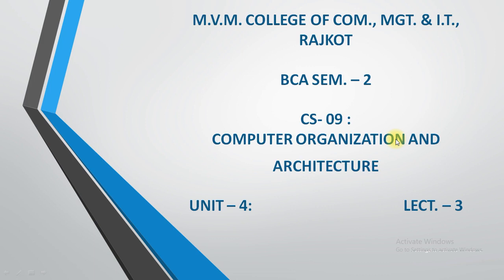In the previous two lectures we have completed 3 questions. The first question is about the explanation of major components of CPU. Then we have discussed block diagram of arithmetic and logical unit, and we have discussed the general register organization. Part of it, there is a control word and accumulator register.